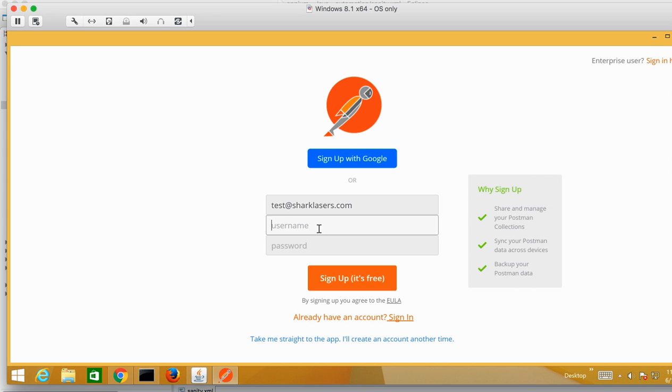For the username, let's say Bhanu, and for the password I'm going to give password. Then I will click on sign up.